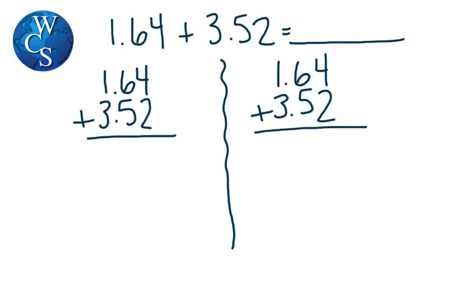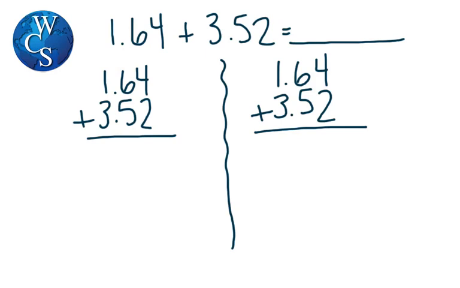I'm going to show you how to add decimal numbers using the standard algorithm and partial sums. On the left side, I'm going to use the standard algorithm, and on the right side, I'm going to use partial sums. Both are very similar methods, and I hope you notice the similarities and differences as I explain